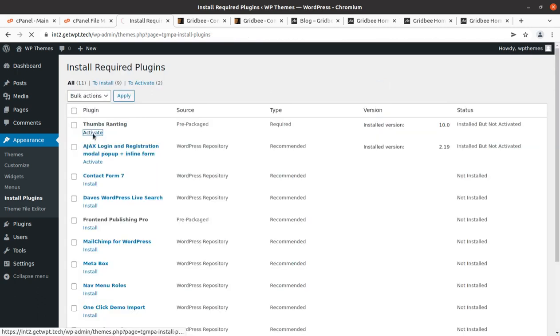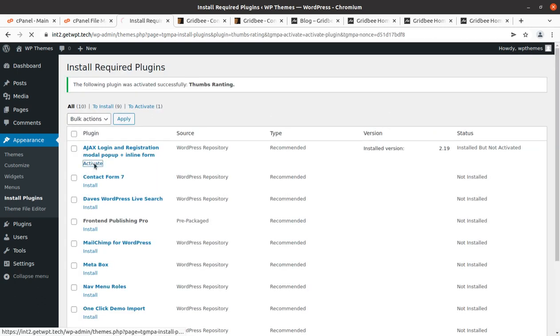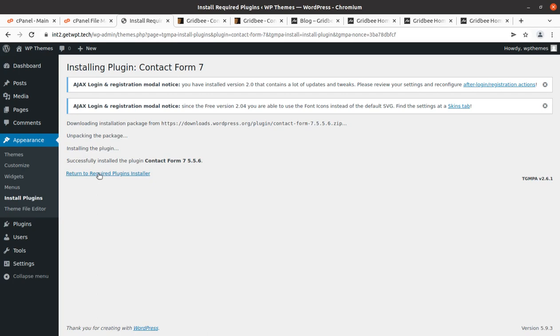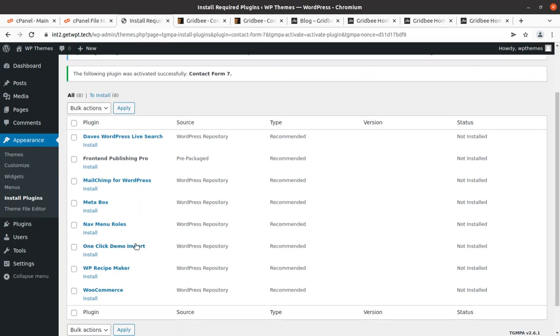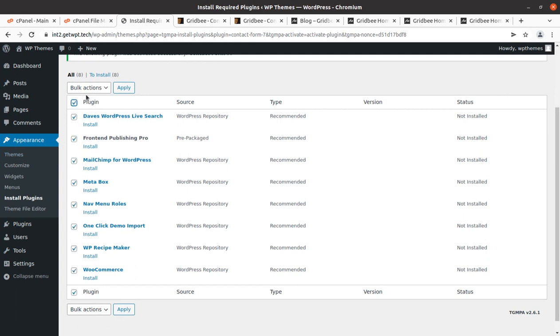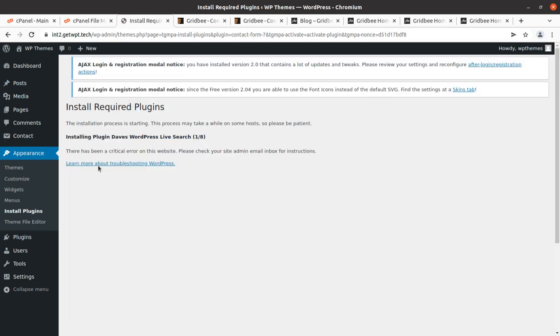And we can activate. Contact Form 7 is here, and activate. For the rest, we can try to install all plugins in one go if it is not returning any error,